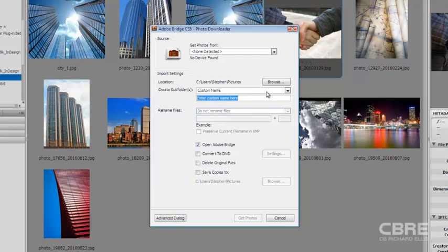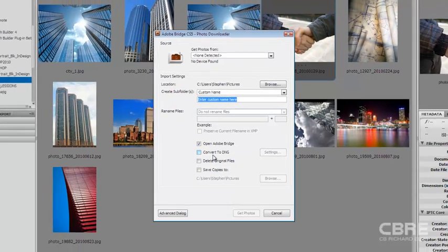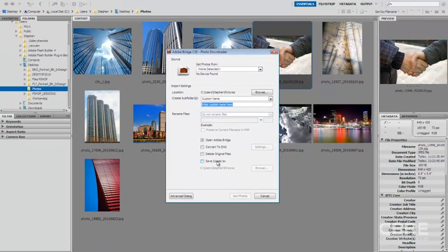In addition to naming the folder and the files, we can also choose to open it in Bridge as soon as it's exported. So we go right to our photos here in Bridge and we can see them just as we can see the photos here in the background. We can convert the files to DNG format. We can delete the original files off of the camera. And if we really wanted to, we could create a backup folder for those files as well, just in case,